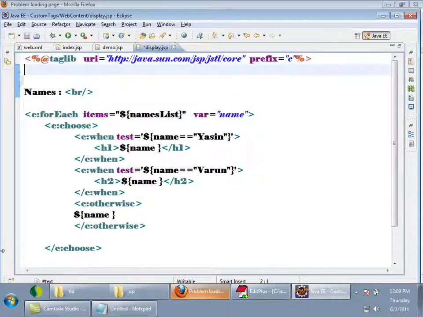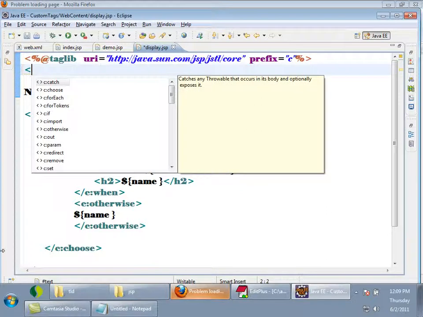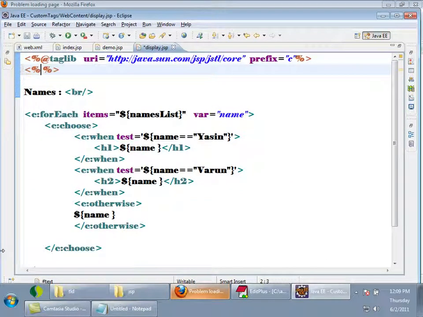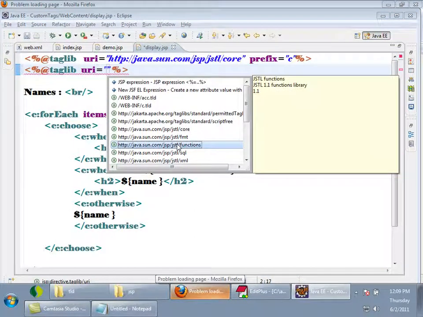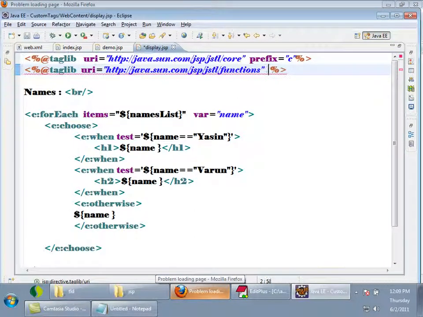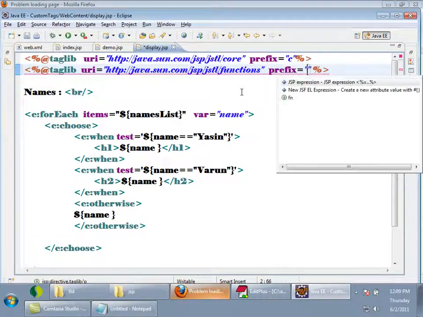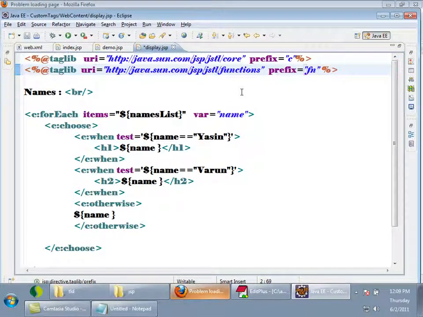If you want to display the length of a collection, you can use another tag library called functions. Taglib URI equals to, see the end, the one which is ending with functions. Okay, I am taking this library, inside it prefix equals to fn, right?